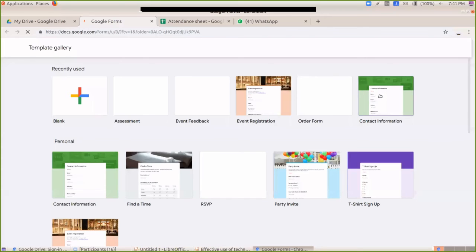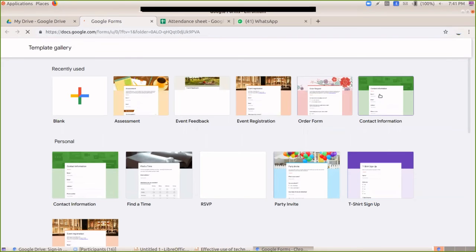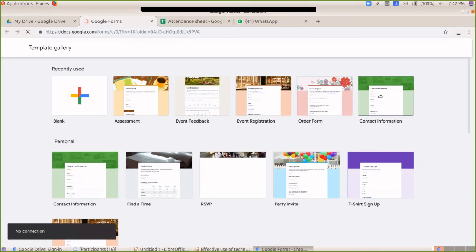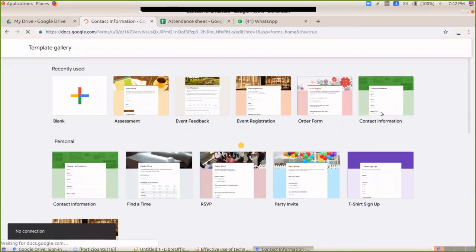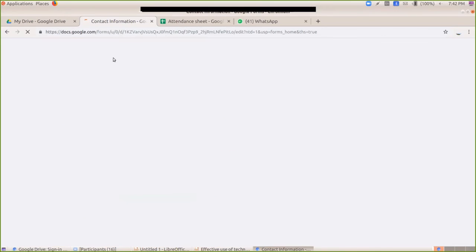So this is a template. I'm going to select the contact information template. Still coming. Yeah, so the contact information form is loading.